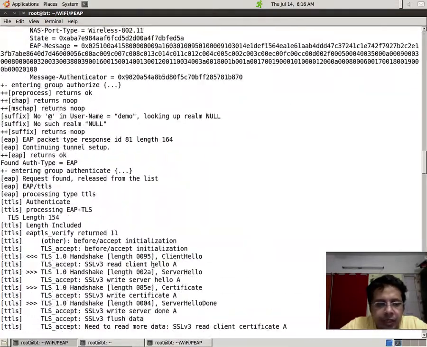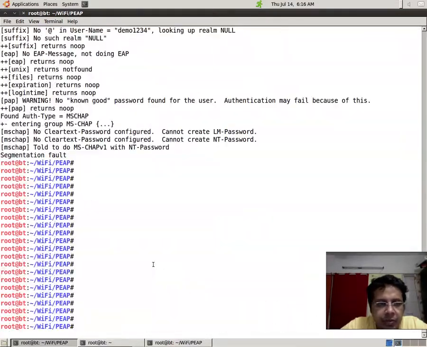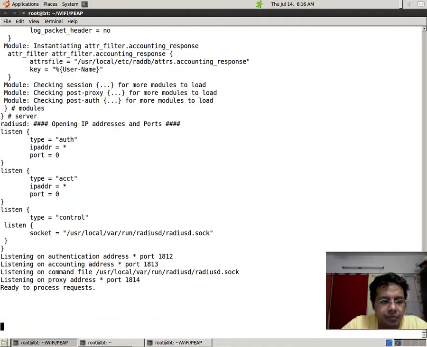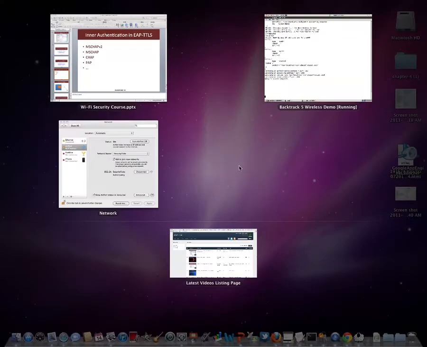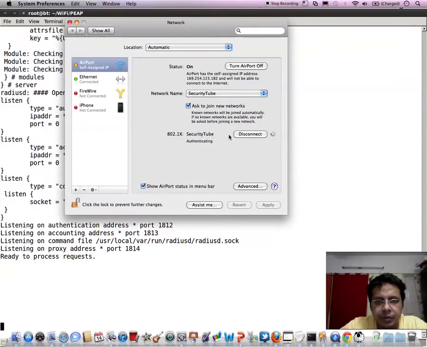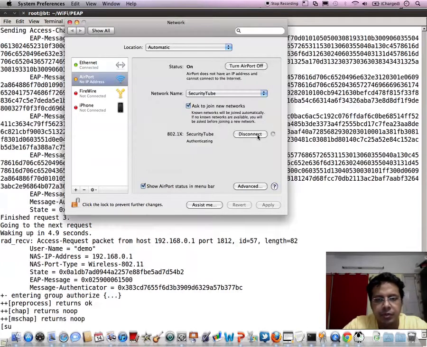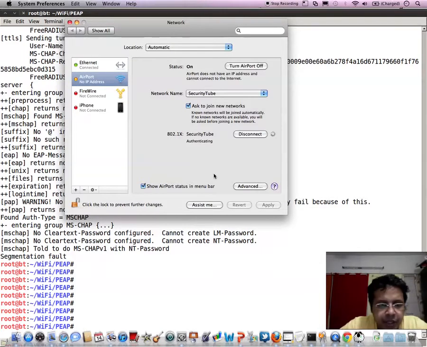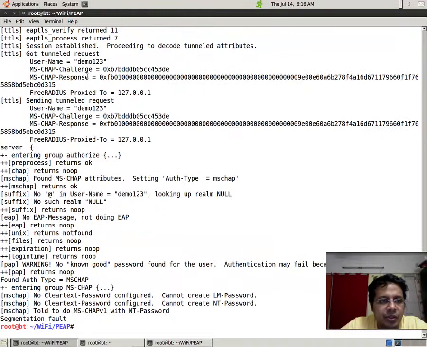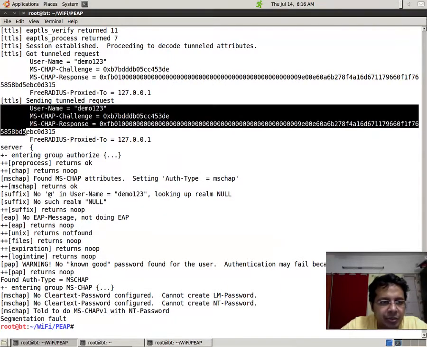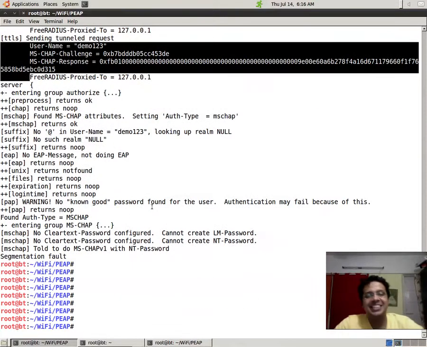And if we go back here, you would notice a lot of data going back and forth. Oops, I think I forgot to run the RADIUS server. I guess we'll just have to reconnect this once again. Demo123, demo123, right? And you notice something very interesting. Well, we got the MS-CHAP challenge and the response and all of that, but interestingly, the RADIUS server seems